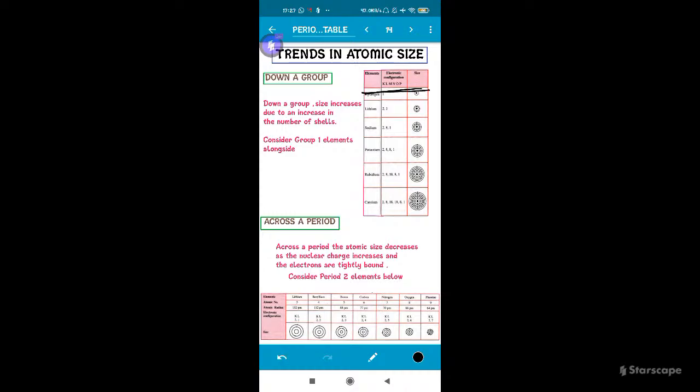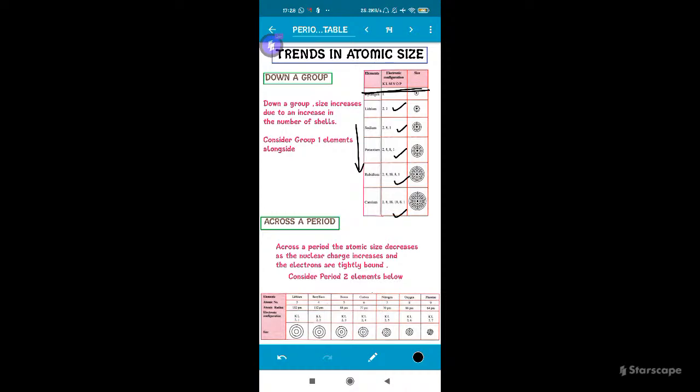So we can just skip hydrogen. Let us consider from lithium. So we have lithium, sodium, potassium, rubidium and cesium. All these are the elements of group 1. So what do you see? As we are moving down the group, lithium is at the top of the group and then we move to sodium, potassium, rubidium and cesium. We are not considering francium here because francium is radioactive in nature and its properties are somewhat different. So we will just consider till cesium. So what do you see? Lithium had 2 shells, sodium had 3 shells, potassium had 4 shells, rubidium had 5 shells and cesium had 6